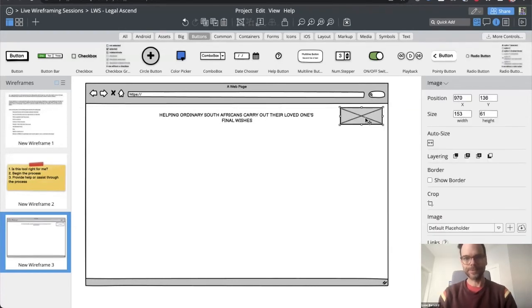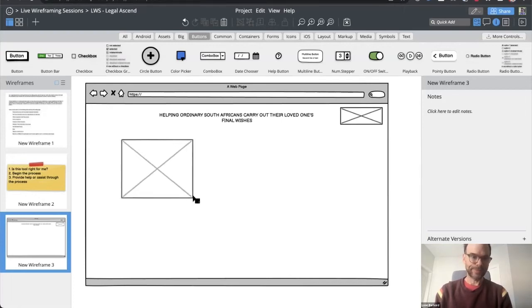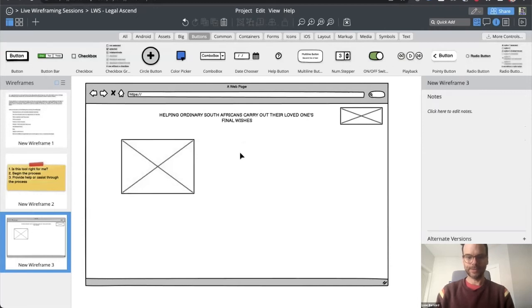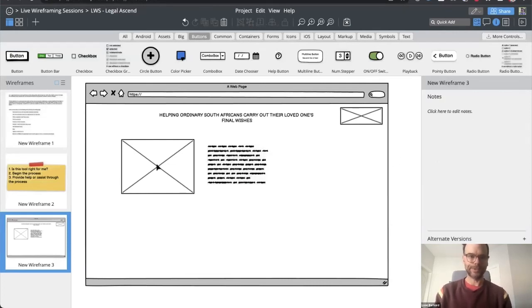It's probably going to be a logo somewhere, and then we will draw a picture here. Maybe it's useful to have some of these stories here. Let's do this instead, some of this text. So what we can do is just use some placeholders here, so we don't need to worry so much about what the actual content is going to be just yet.